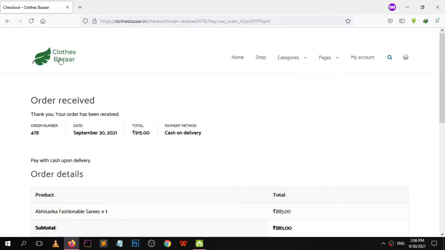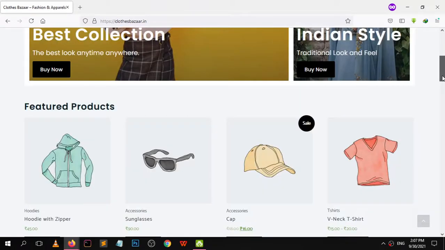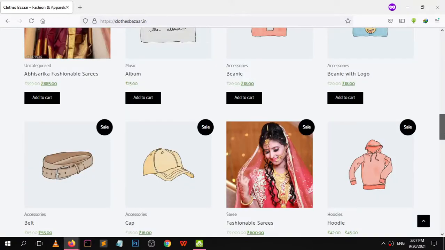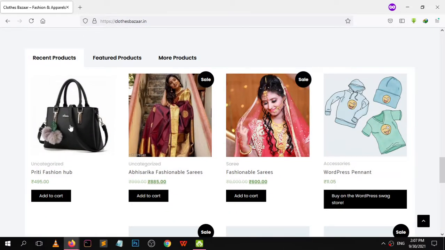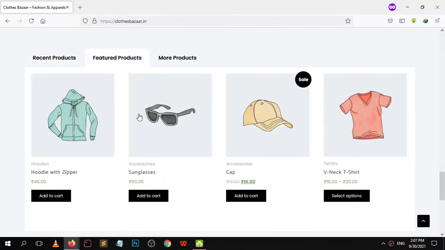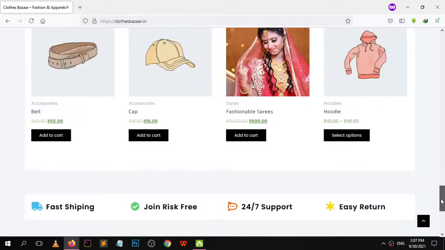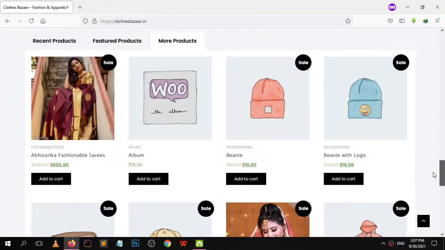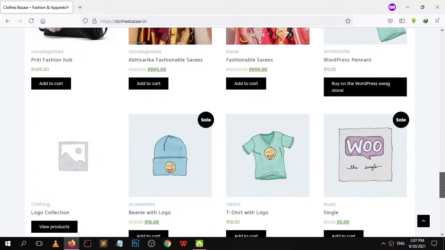Now let's check that our bag is properly added to our system. Here it is, bag, recent product, bag, featured product, and more product. This is the recent product. Our bag is now visible in our shop.